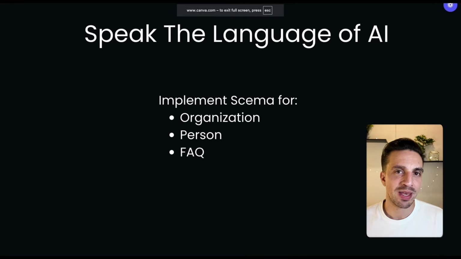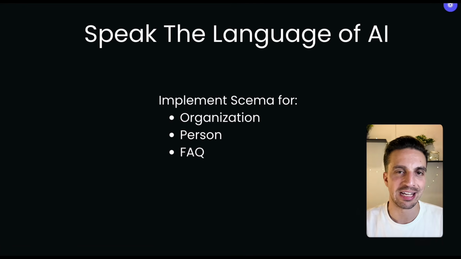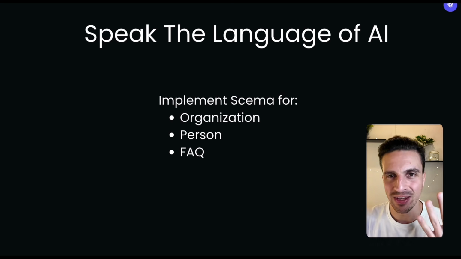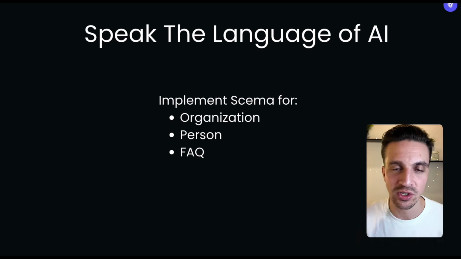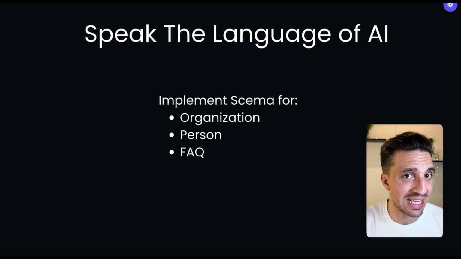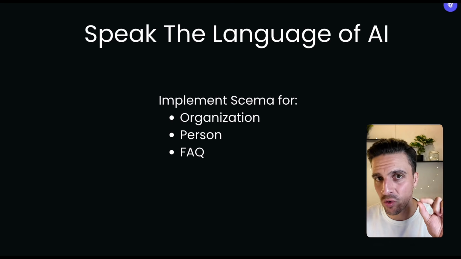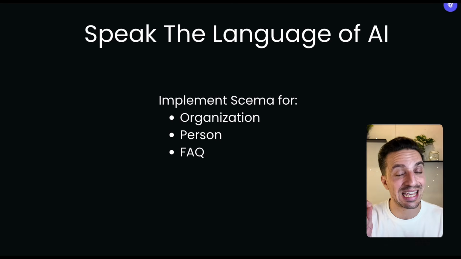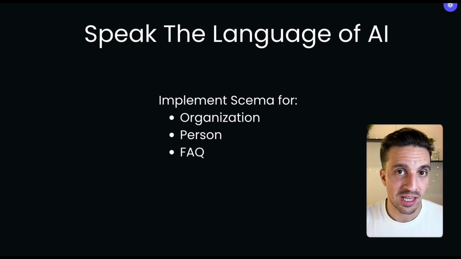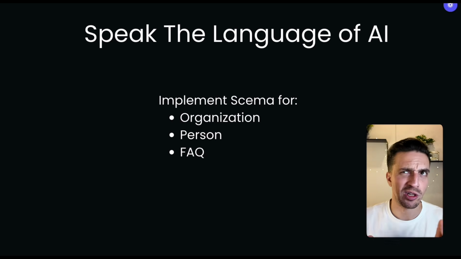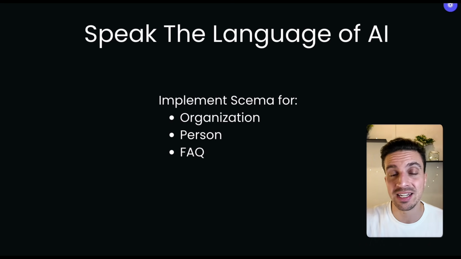And number 3 is making sure you speak the language of AI. What I mean here, the fancy term, is that you need to implement the correct schema. And for the entity, that is the organization schema or the person schema, and ideally an FAQ schema answering all the frequently asked questions about you. If you don't know what schema is, it's essentially a bit of code that tells the search engines exactly and instantly what is on the page, and it can recognize this. The more optimized the schema, the better you will rank, not only for Entity SEO, but for a lot of other things, but we need to think of schema in terms of Entity SEO as well.